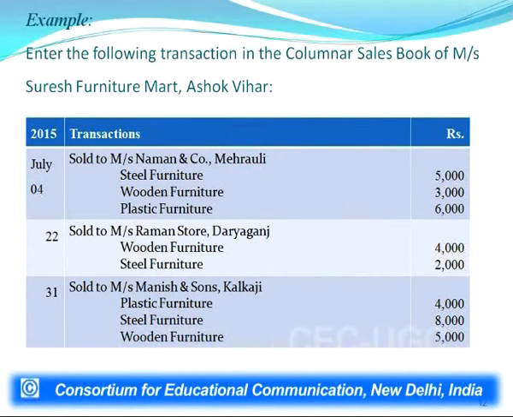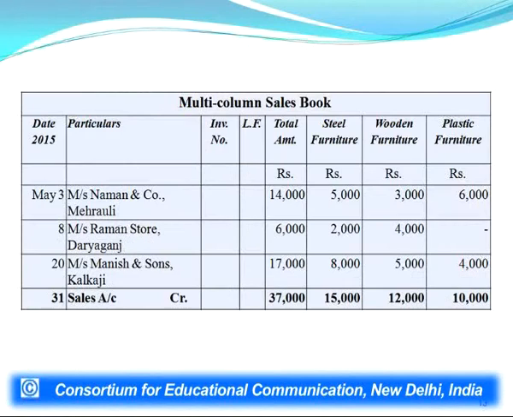The next sale is given, goods sold to Messrs. Raman Store, wooden furniture and steel furniture, and another sale is given, sold to Messrs. Manish and Sons Kalkaji, plastic furniture, steel furniture and wooden furniture, and we need to record in the columnar sales book. So, we have the separate column for steel furniture, wooden furniture and plastic furniture. So, you see how the solution will be presented,